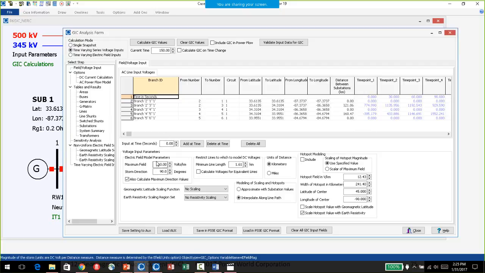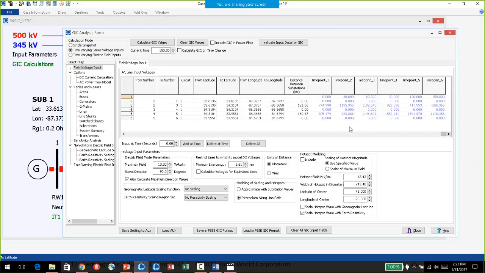You can create them based on assumed field parameters at a certain time and build them up here. What's in this case to begin with, I think, is 6 different time points that actually correspond to different field orientations. But I'm going to delete those first.